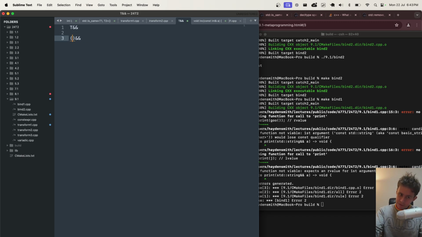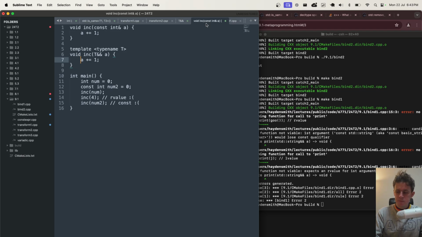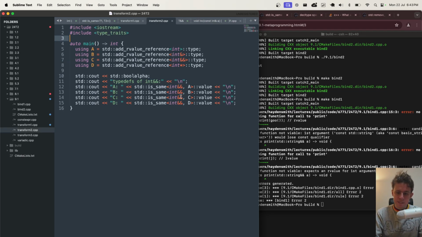If T is int reference, and you want the R value reference of this item, it has to do all that reference collapsing stuff, which is way beyond what we're talking about. But it's to do with the fact that templates are undetermined yet as to exactly what they are. You could pass in an R value reference, and it tries to get an R value reference of the R value reference. It does all that reference collapsing stuff, and you end up in a scenario where it can effectively bind everything, which is cool.